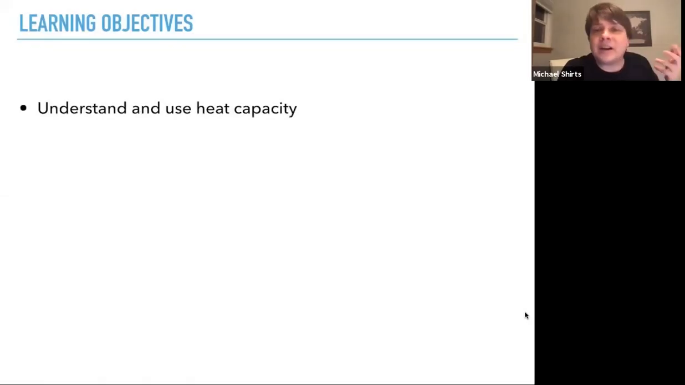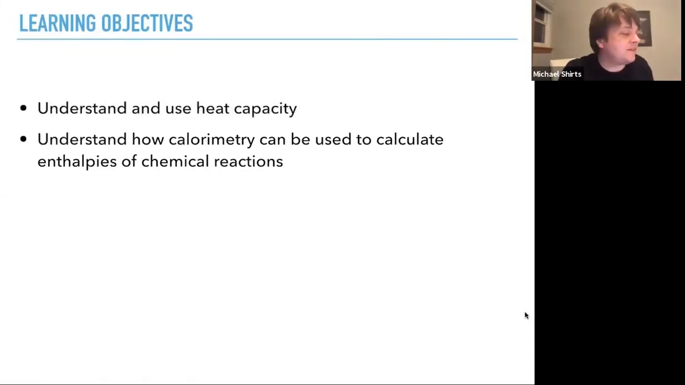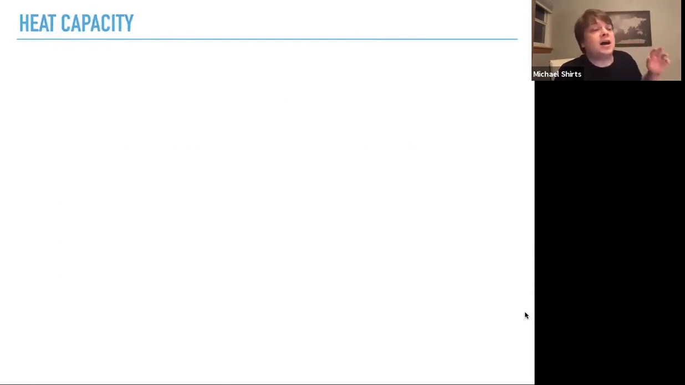Looking at how we can understand and use heat capacity, specifically how calorimetry can be used to calculate enthalpies of chemical reactions. If we're going to be measuring the heat, the easiest way to do that is to measure the temperature of something in the surroundings. If we can capture all the heat that's coming off of a chemical reaction and then measure